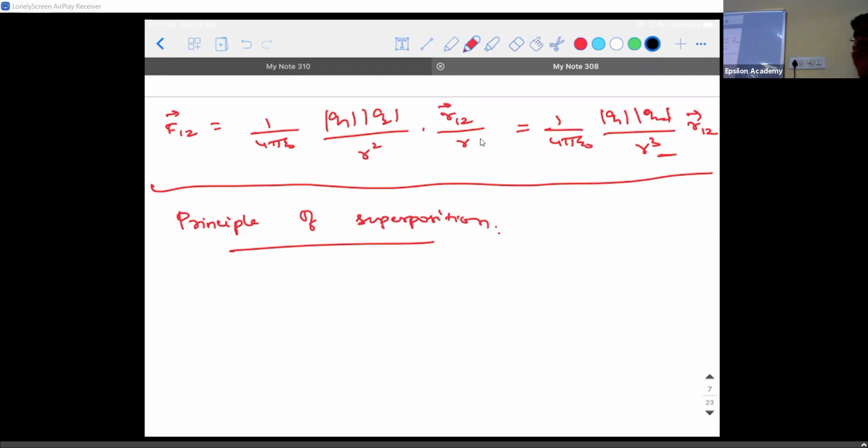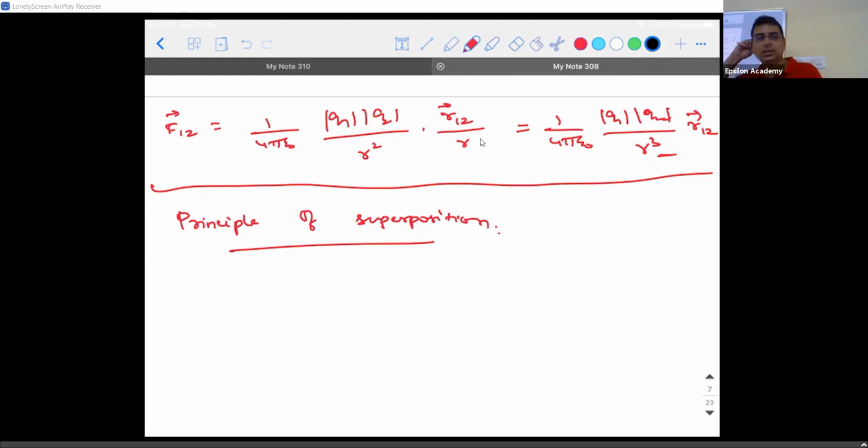The first point is Coulomb's law. There are certain drawbacks in it. First, it is applicable only for point charges. If the charge has a finite size, for example, if I take this pen and give charge on it, I cannot directly apply Coulomb's law, because the total charge put on this is not Q1. Some part of it might be Q1. I need to use calculus to solve it, which is going to be a tougher part.